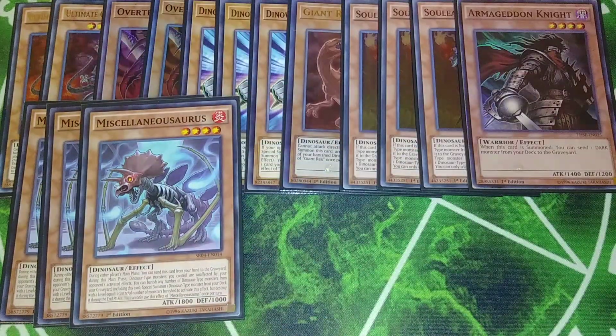Then we play 3 copies of Miscellaneousaurus because why not? This card came off the list and went to 3. It is probably one of the best cards in the deck because besides Soul-Eating Oviraptor, you can send it to the graveyard to make your dinosaurs unaffected by your opponent's activated effects during your main phase, and you can banish it from the graveyard with any number of dinosaur monsters equal to the level of the dinosaur monster you're trying to special summon from the deck,